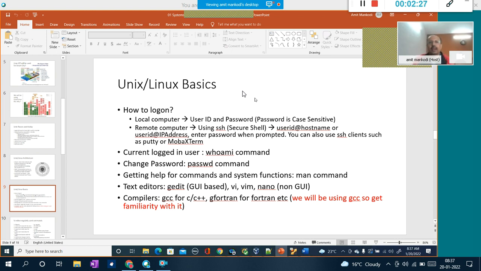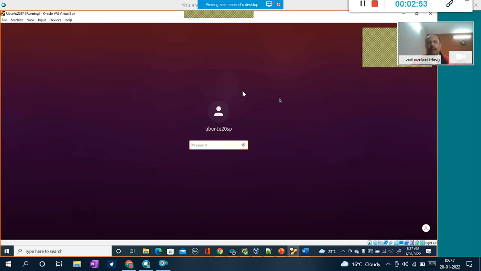Now I'm going to cover a little bit about the Unix, Linux basic commands, and the same commands also work in Ubuntu, because as I said, Linux was built on top of Unix, and Ubuntu is built on top of Linux. So the commands that we are going to go through here will also work in Ubuntu. So first of all, if you have installed the